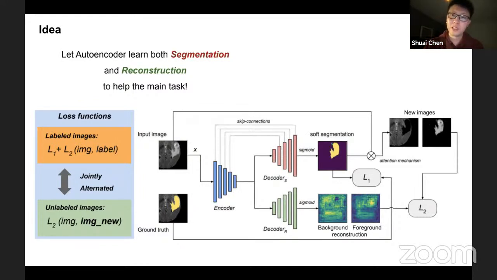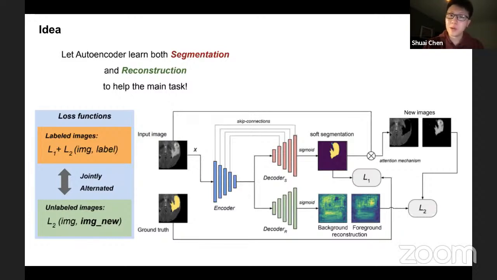And for the multi-class, they will also generate foreground 1, foreground 2, foreground 3. So they will generate more. That also makes the reconstruction complicated. Here I only use the binary mask. But I think it will also work for multi-class training.